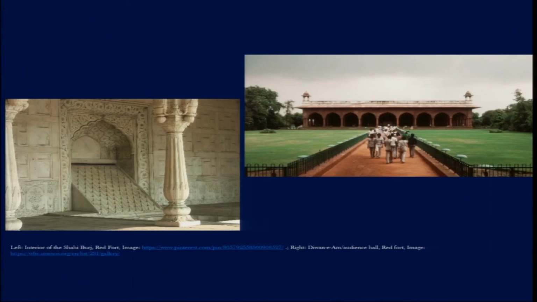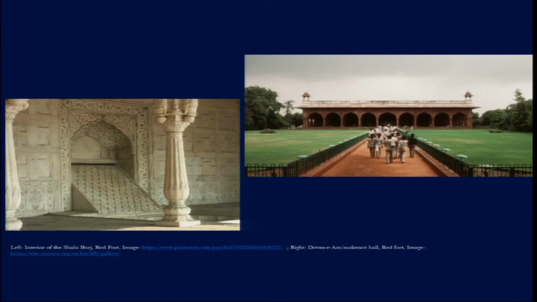And Shahi Burj is this octagonal tower that we have in the northeastern corner of the fort complex, the Red Fort complex. In this one there is this octagonal tower, and from there are means by which the water was sent to the upper stories of this building, and from there it can flow to the other parts of the